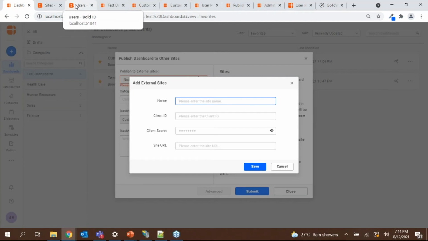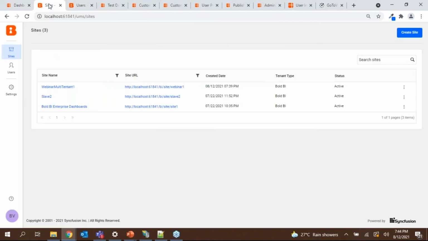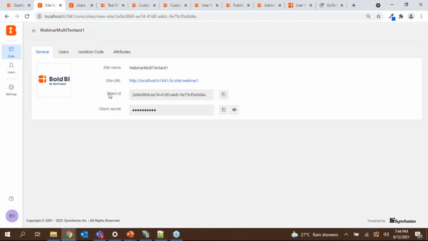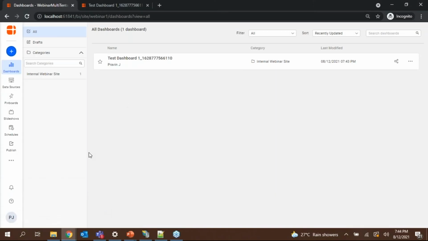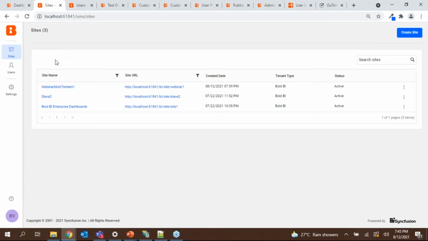So let me show you where to get the client ID and client secret. If you want, you can click on the tenant, and there will be options called client ID, client secret, and the site URL. So once you pass all these details, then you can publish the dashboards to the external sites. As I showed you here, the other tenants will have the external dashboards also. So that's the external publish.